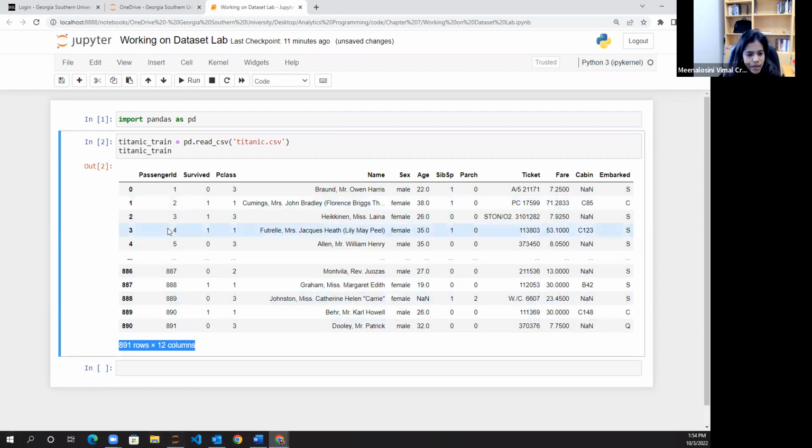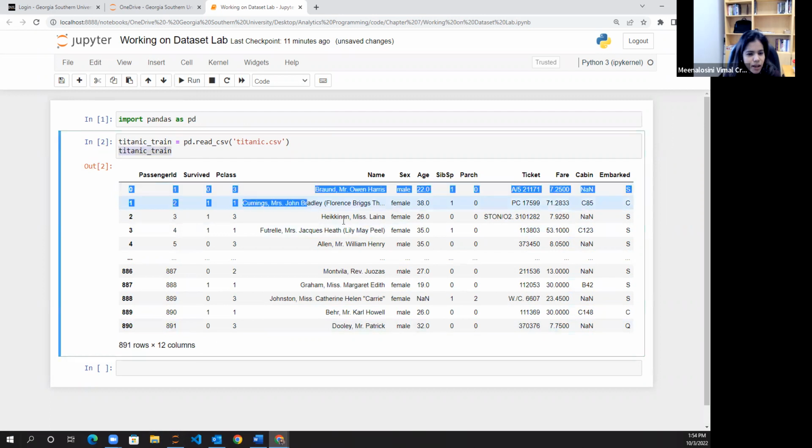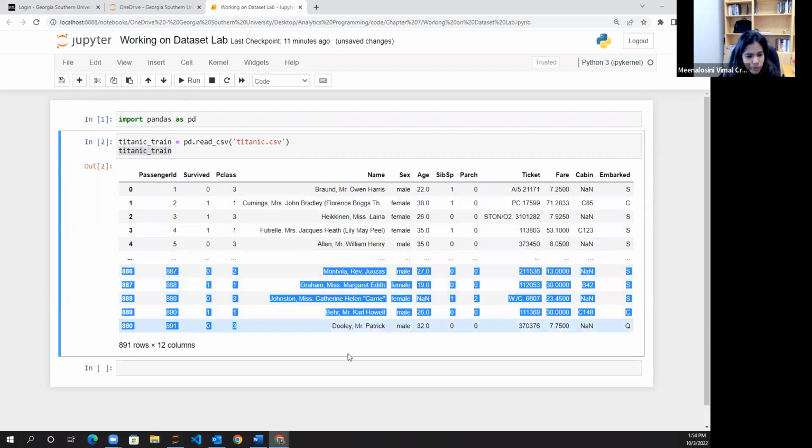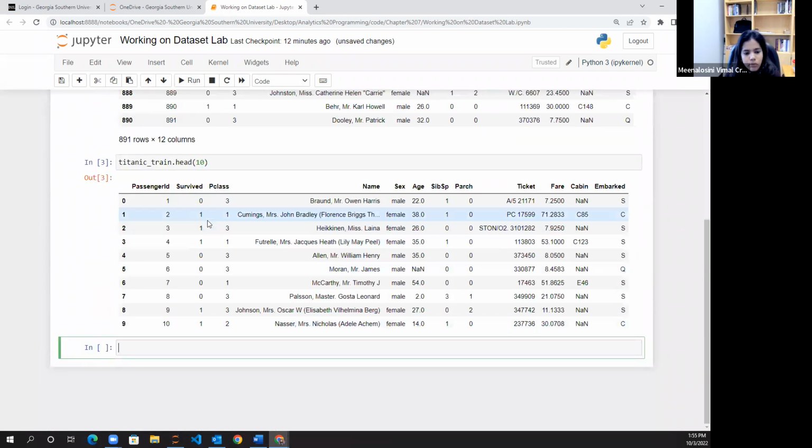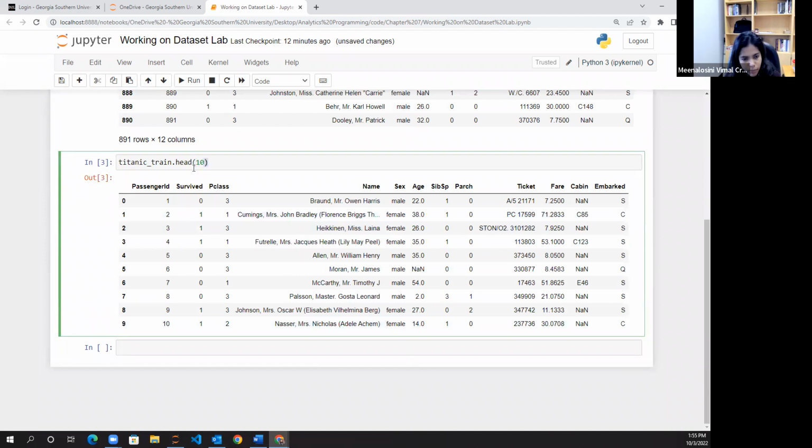Okay, so let's extract the first 10 rows. Generally, when you specify the variable like this, it will just fetch the first 5 and last 5 like this. If you just want the first 5, then all you need to do is use the head method, which you are already familiar with. And if you want to specify a particular number of rows, you can say 5, 10. By default, it will just retrieve 5, but however many rows you want, you can pass it as a